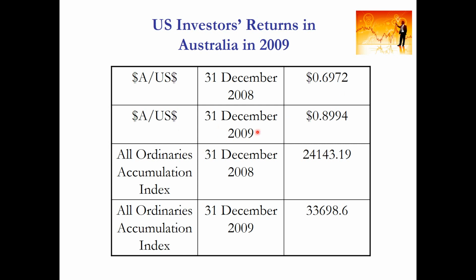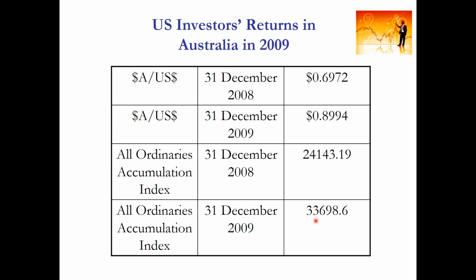And at the end of 2009, the exchange rate becomes 0.8994. So now one Australian dollar can buy 0.8994 US dollars. So you can see that the Australian dollar has appreciated to a large extent. And these are the market index, the All Ordinaries index. At the end of 2008, it's 24,000. At the end of 2009, it is